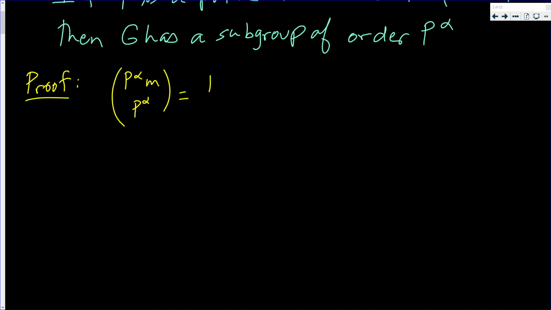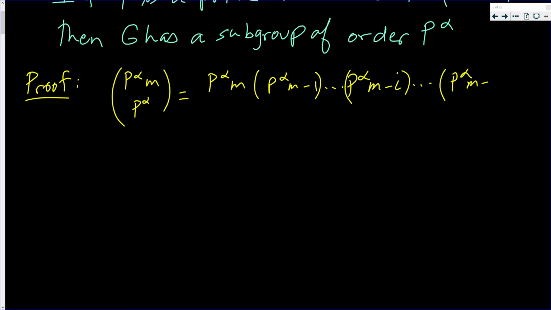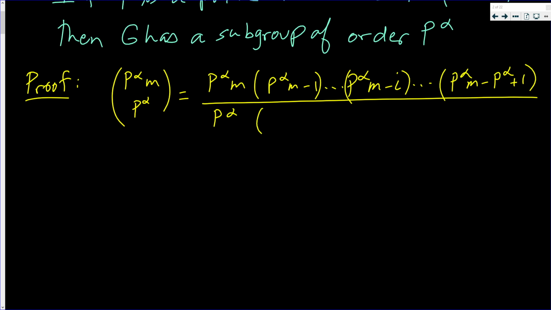By definition, this is p to the alpha m times p to the alpha m minus 1, all the way up to p to the alpha m minus i, all the way to p to the alpha m minus p to the alpha plus 1, all divided by p to the alpha times p to the alpha minus 1,